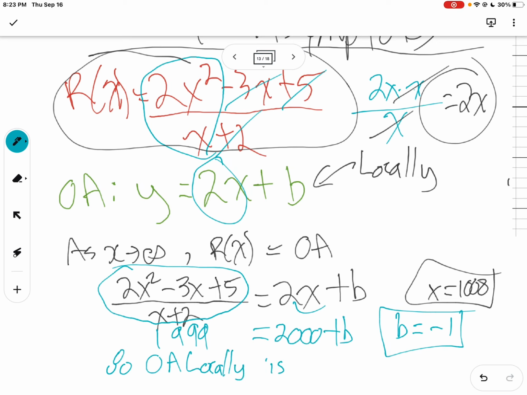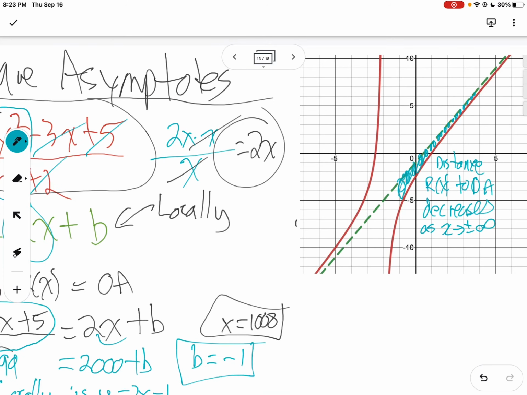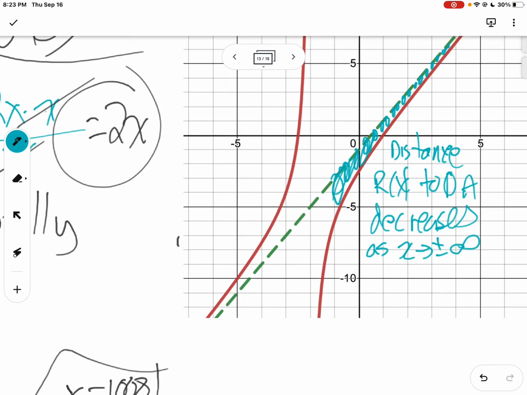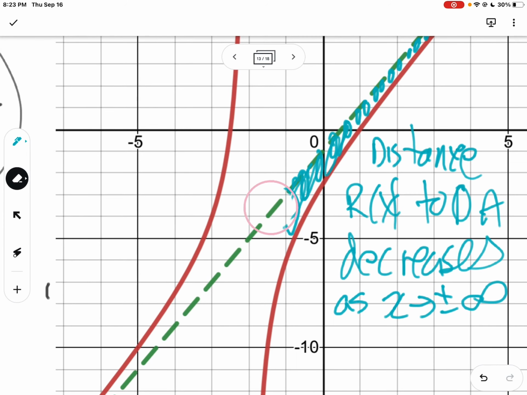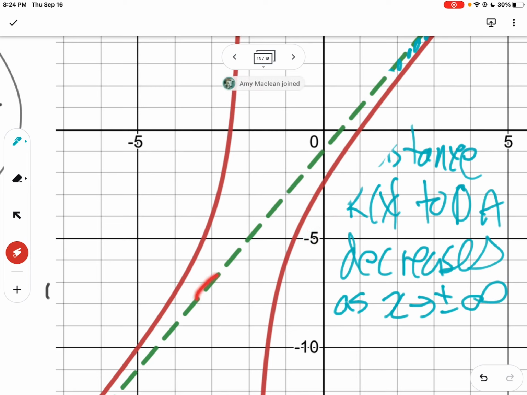So b equals -1. Therefore, the oblique asymptote locally is y equals 2x minus 1. Let's double check that that's true, because I've graphed everything here on Desmos. Is that in fact accurate? Look at that: -1, -2, -3, -4, -5. The y-intercept is right there, -1. So this oblique asymptote